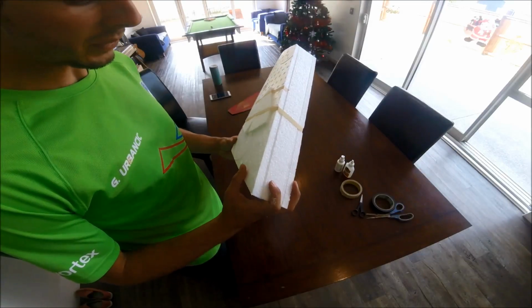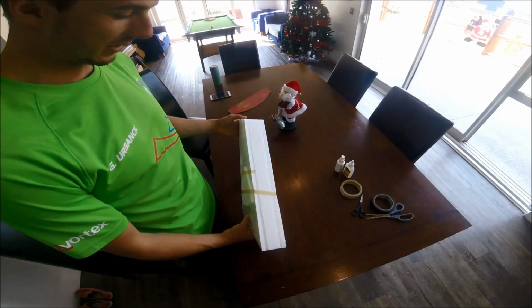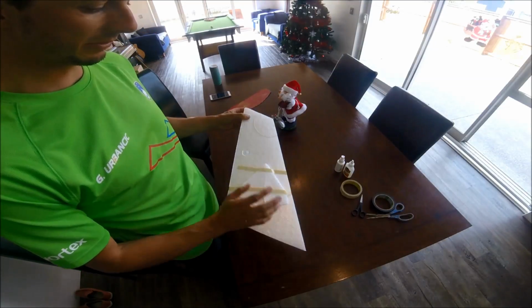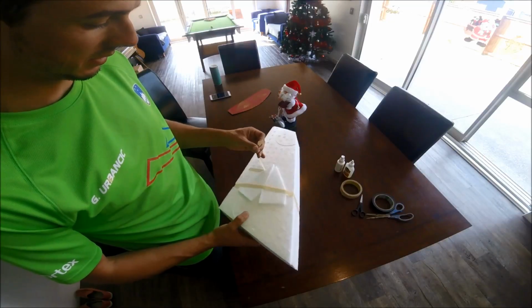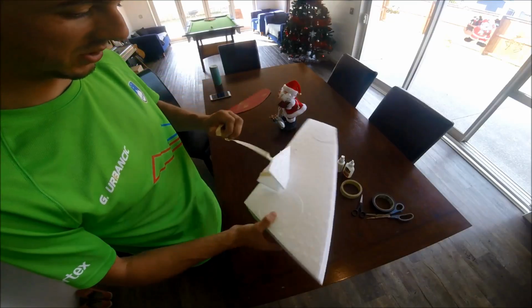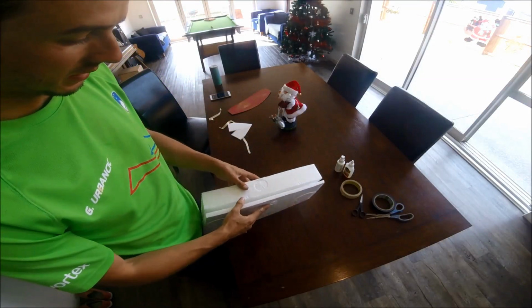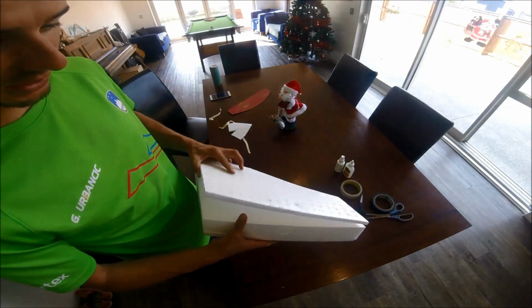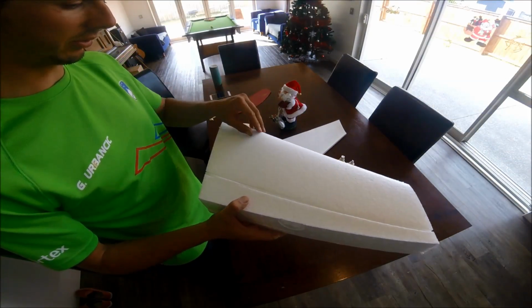Right, so we're about to build a mini Hitman. Right here we have the cores as you receive them, the fins. First step we're going to do is take them out of the foam block which they were cut from. Now a lot of times these will be stuck in here due to when the hot wire has gone through,